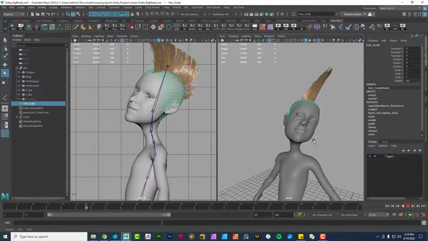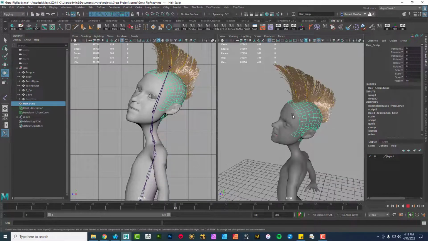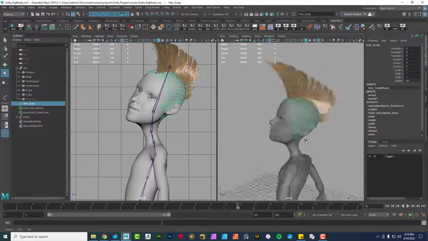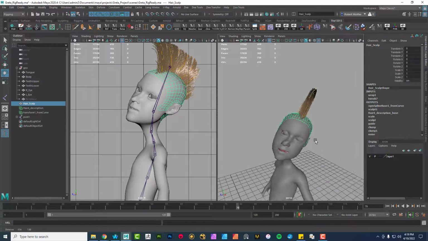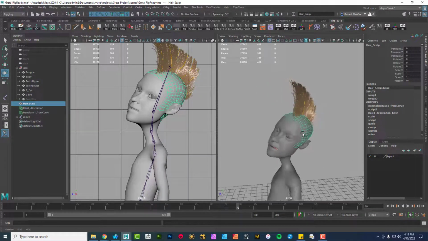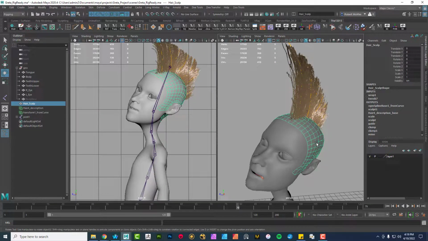But my mohawk is stiff. I didn't weight the head or anything like that, so you see all the eyeballs drifting into the head. It goes a little slow, and the hair doesn't move, so that's cool. There's two things you can do here. If you want to have animation on this, you want it to move. If you got one shot where you want the hair to move just a little bit for whatever reason, something really simple,